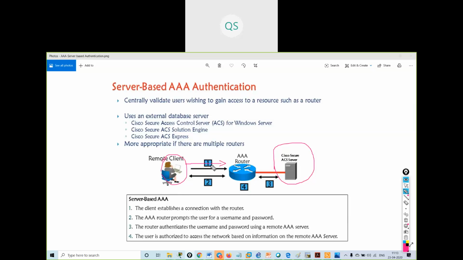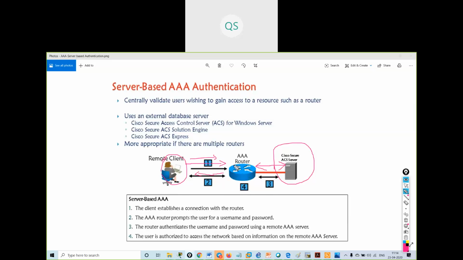When the client requests anything, he will be prompted for a username and password. When he enters them, the router will send the username and password to the authentication server. Then the authentication server will reply whether the user is authenticated or not, and then he or she will get access to the router.